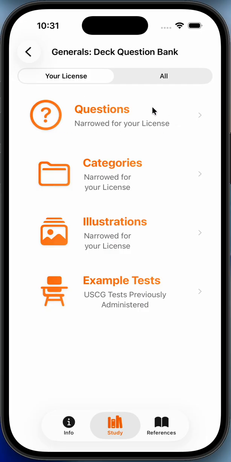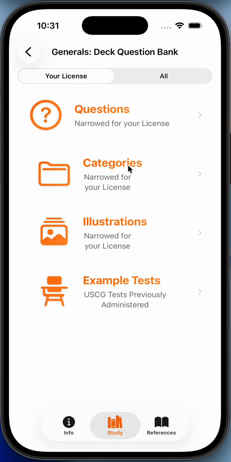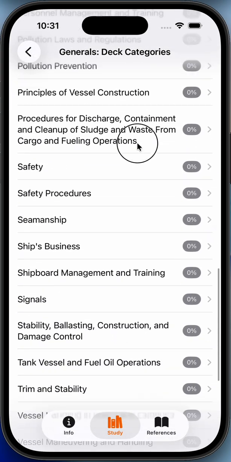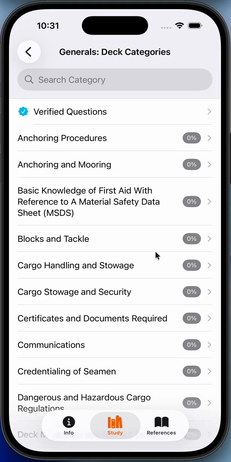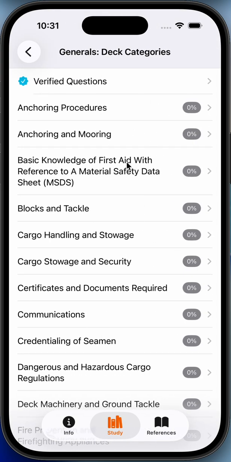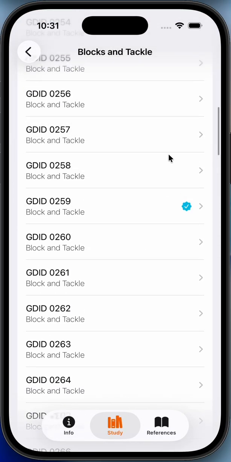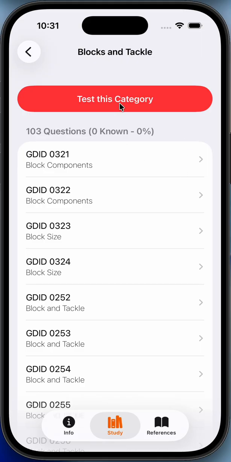So here's all the questions pertaining to your license. And then we have categories. Categories is all the categories that have shown up under your module for your license. If you want to fine tune your studying for a category, you can pick blocks and tackles, and it'll pull up all the questions that are blocks and tackle. And you could actually test the categories. If I click on this test this category, it's going to pull all 103 questions, and you're going to test over 103 questions